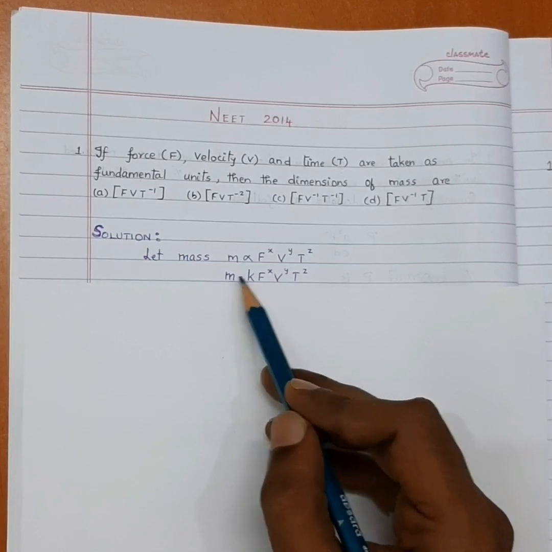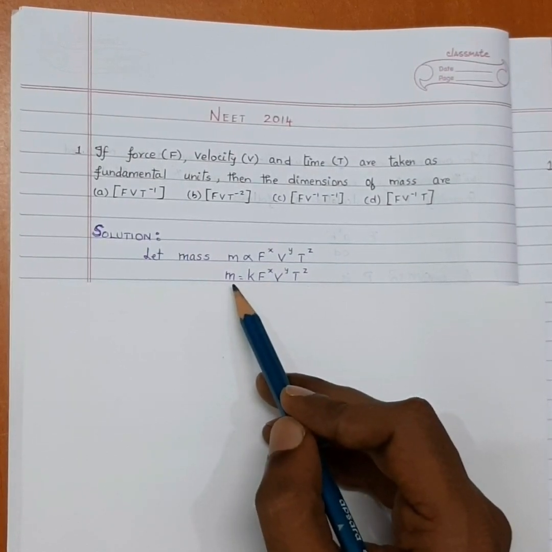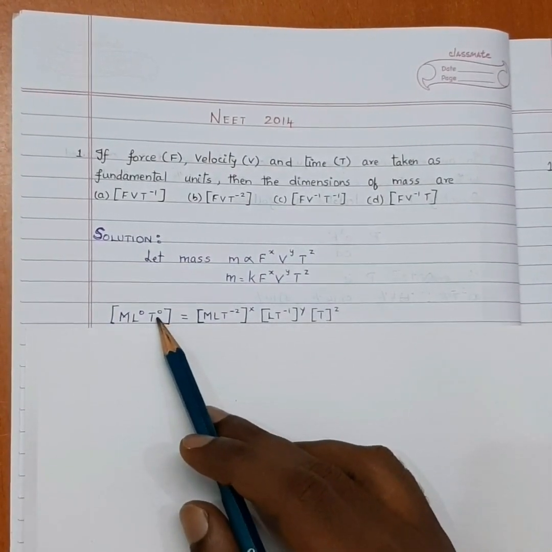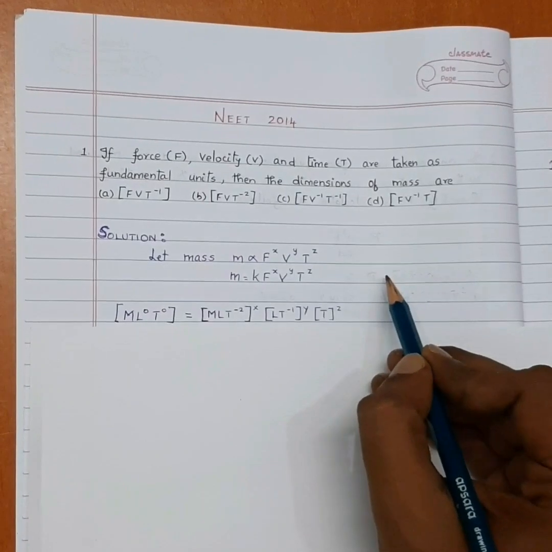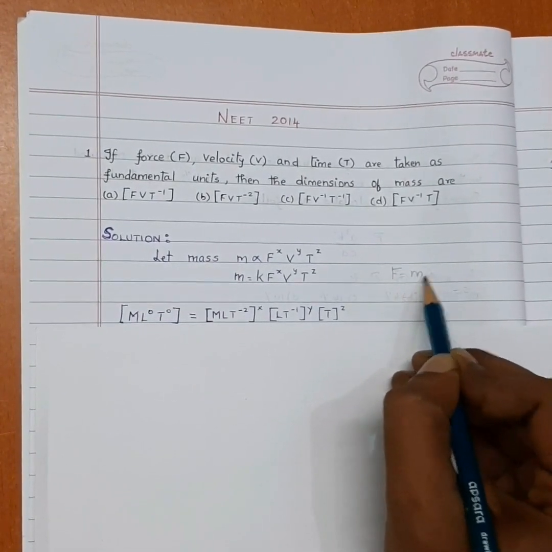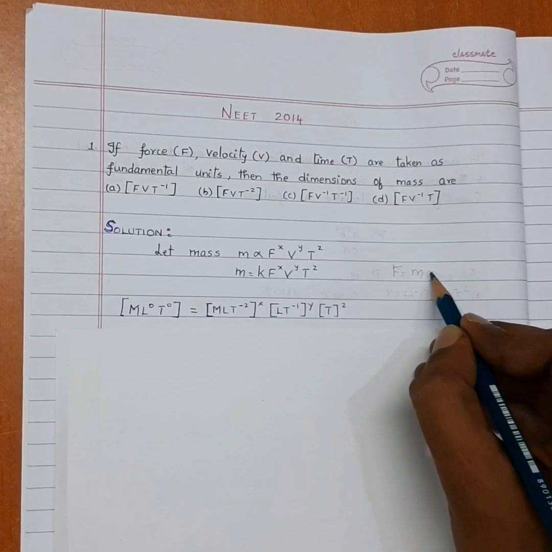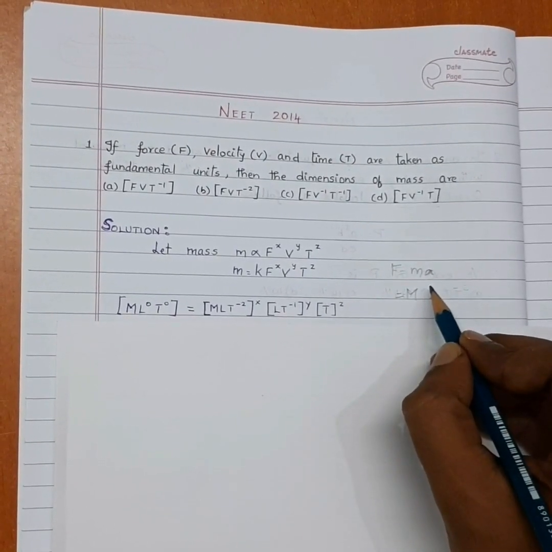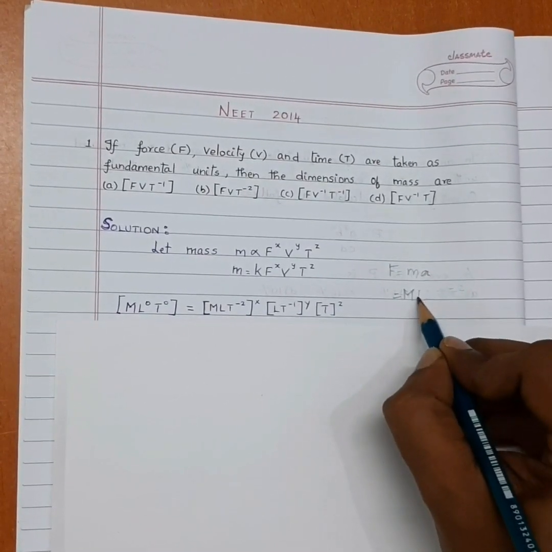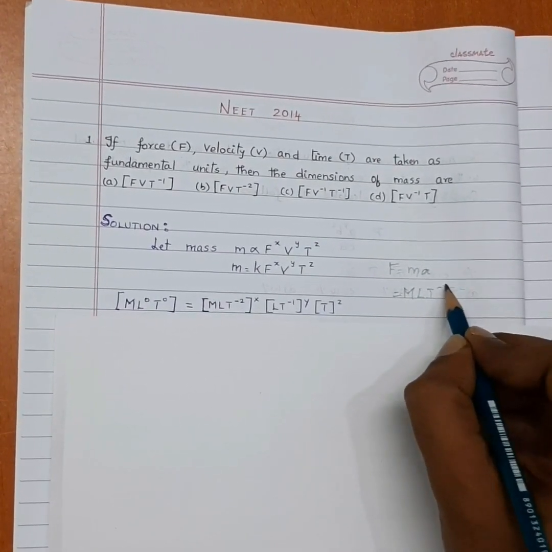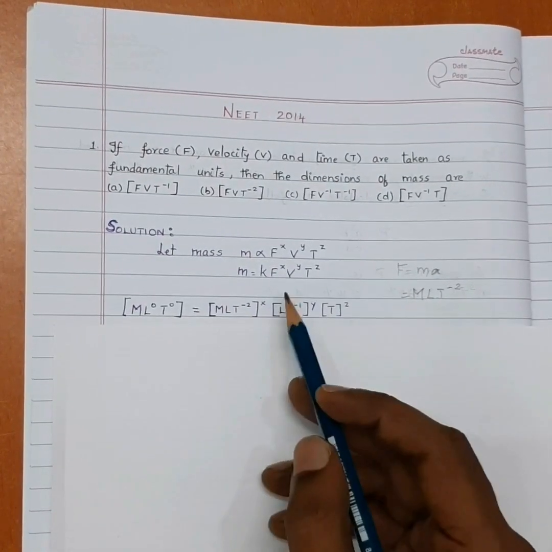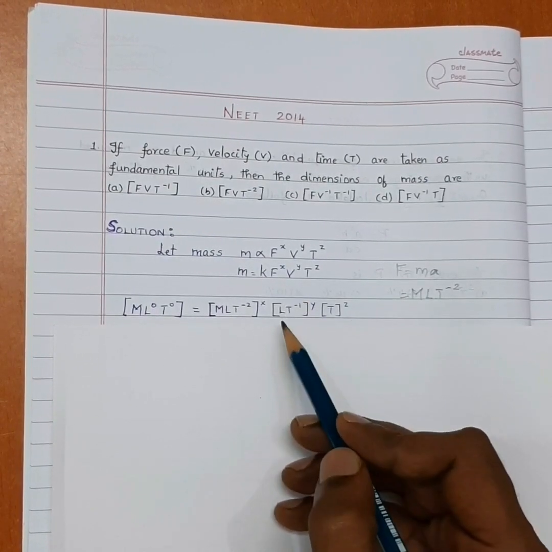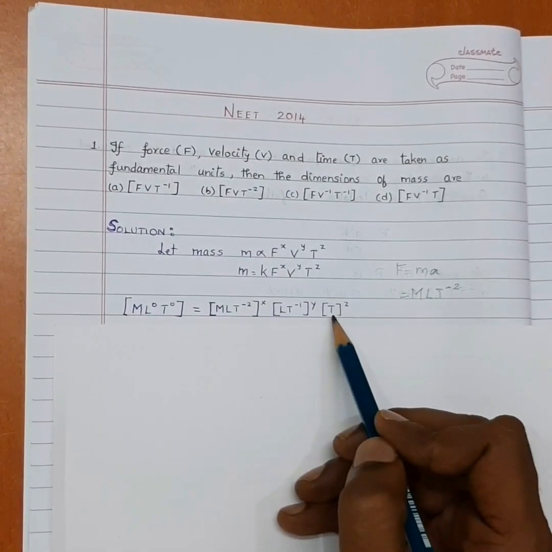So we'll apply dimension formula on both the sides of the equation. The dimension formula for mass is just M. So I'm writing it as M, L power 0 and T power 0. And for force, we know that F is equal to ma. So for mass, the dimension is M, and for acceleration it's nothing but meter per second square. So for meter it is L per second square, so T power minus 2. So for force it is M L T power minus 2, the whole power x. For velocity it's meter per second, so L T minus 1, and for time it's just T.